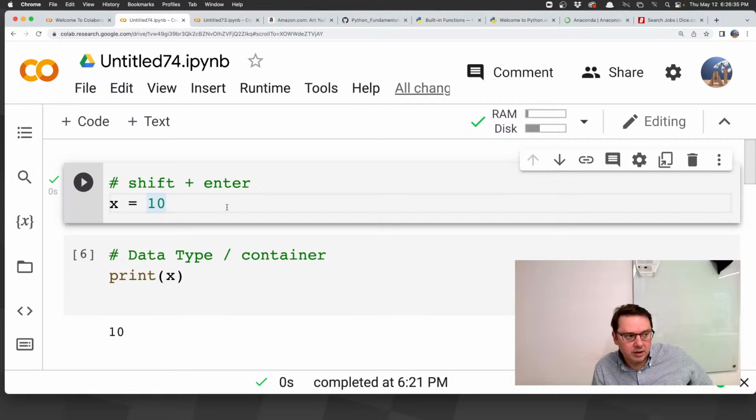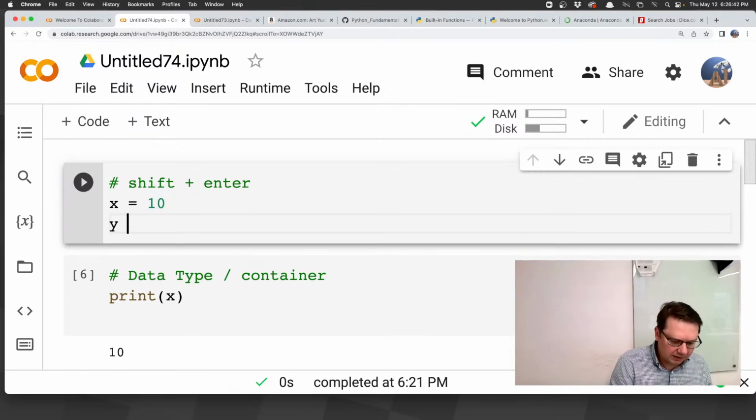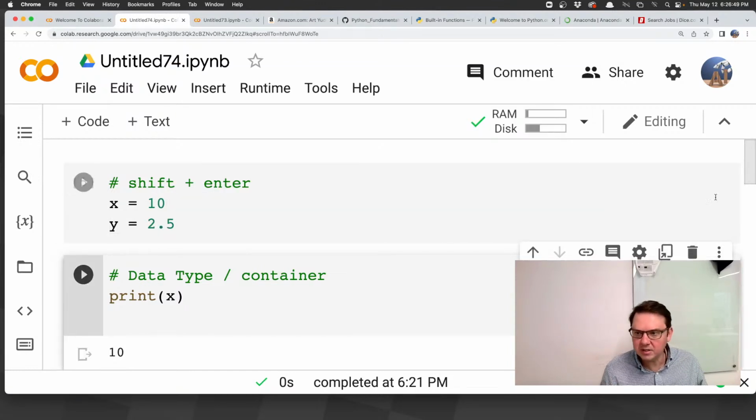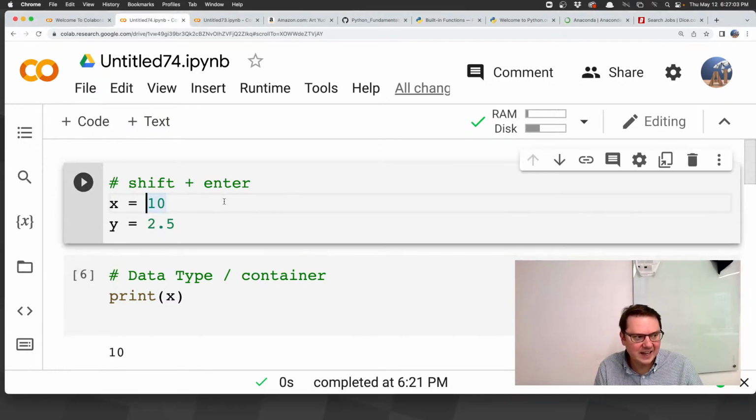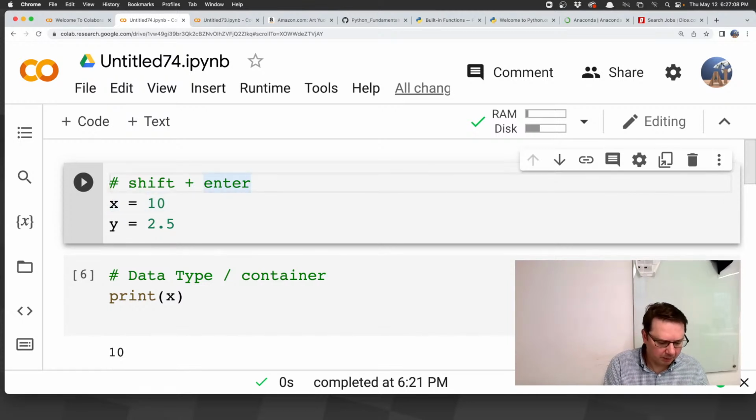So guess what? In Python, there are different numeric data types. So for example, here I'm going to create new data type 2.5. So what's the difference? For us, for humans, this is pretty much the same. 10 and 2.5 are numbers. However, for Python, this would be two different things. So the first one will be stored as an integer. All right, so let me place it here. So in Python, we call them